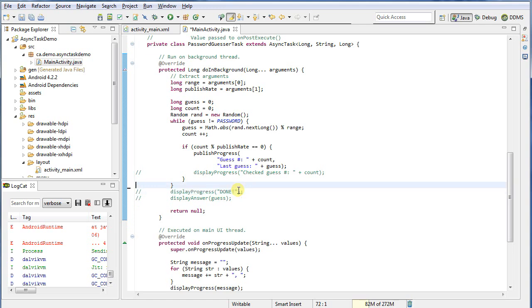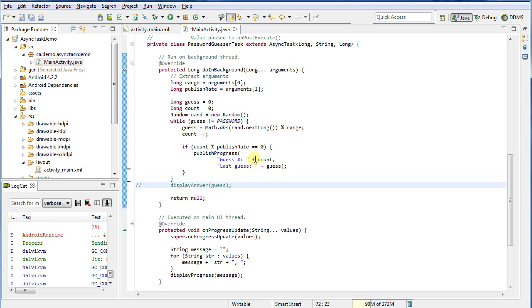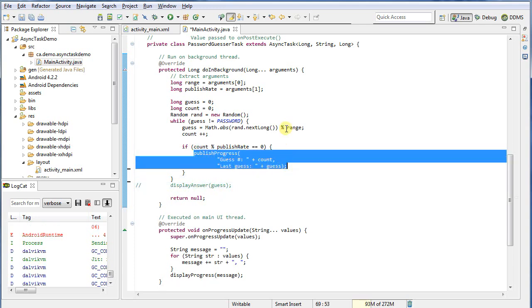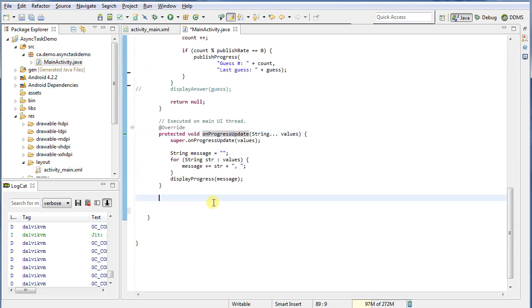Now what else is there? Let me get rid of some of this comment here. Well, we wanted to be able to not only display the progress, which we've got going on quite nicely here. That's fantastic. We wanted to be able to display the answer. So I could call a publish progress or something like that, but it turns out there's another way we can do this. So when you're finished, the async task is going to call back to the onPostExecute. Post execute meaning after. So we have the doInBackground. We call the publish progress, which comes into here,